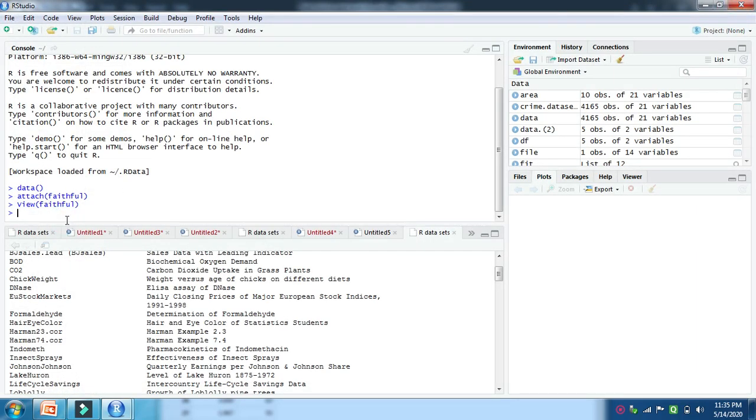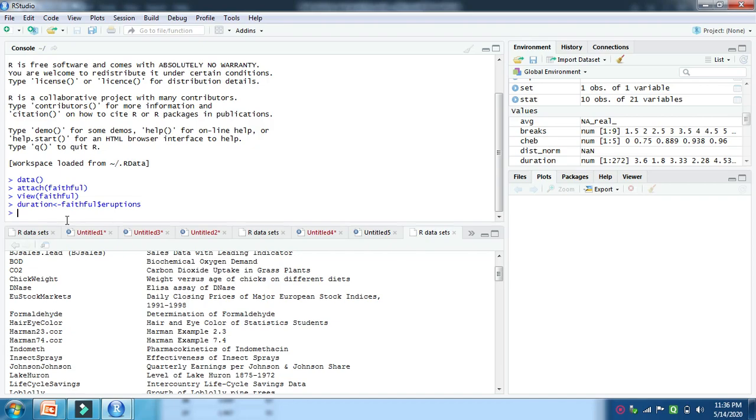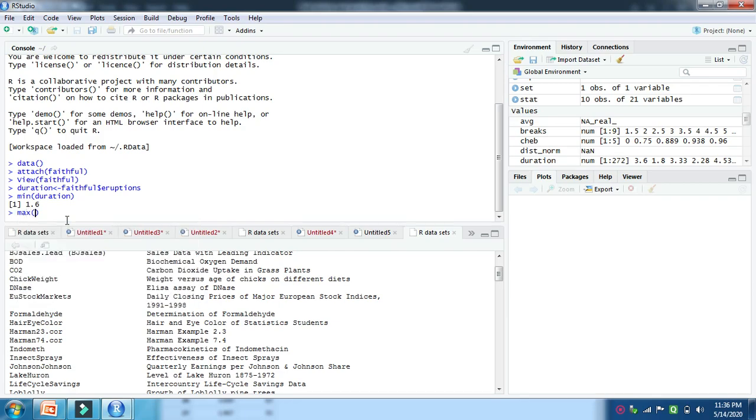When we create the frequency distribution for a particular column, we have to take the first column. I am taking it as a variable called duration. Use the faithful data set, and to access the first column use the dollar operator. With the help of the dollar operator, you can use any particular column. So faithful dollar eruptions is stored in the duration variable. Then we have to check the minimum value of this duration and the maximum value of this duration.